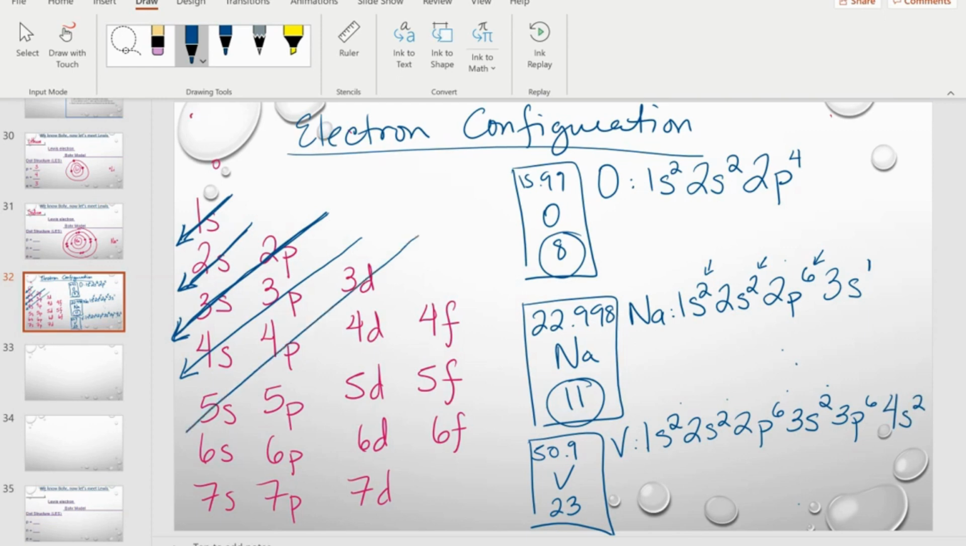We're getting really close. So then we're going to go to 3d. D can hold 10. We already have 20, which means we only need to put 3 in there. And that is going to be your electron configuration for more challenging atoms that